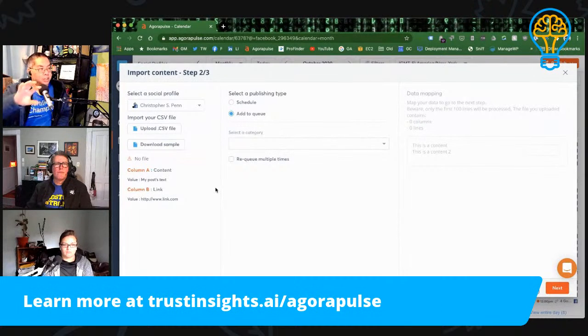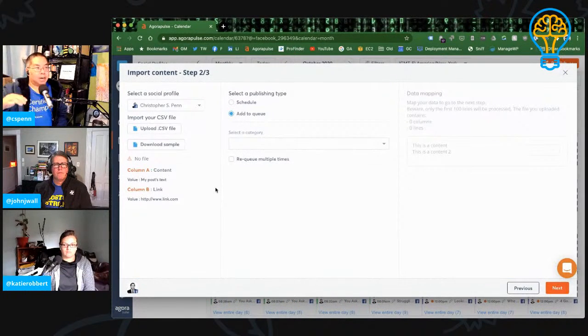And as long as I've got a queue that's set up with the appropriate times, I can now queue up 20, 30, 40 posts all at the same time. I've gone through and edited them in the spreadsheet and just load them in here, and you get a chance to really cut down on the amount of time it takes to do some social scheduling. So that's, I would call it, the good enough way for most people to be able to assemble a lot of content that's useful and worth reading, and gives you the opportunity to take care of your social scheduling maybe an hour or two a week, instead of, I've seen people at PR agencies take 8 hours a week to do social scheduling, which is just a huge time killer.